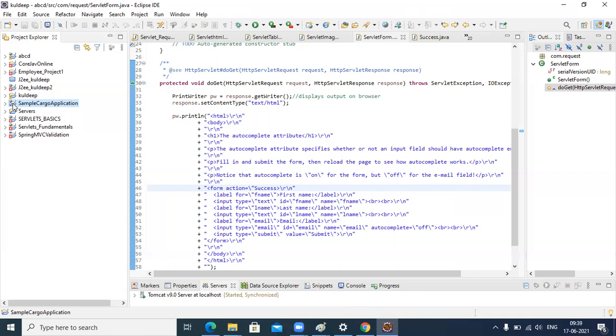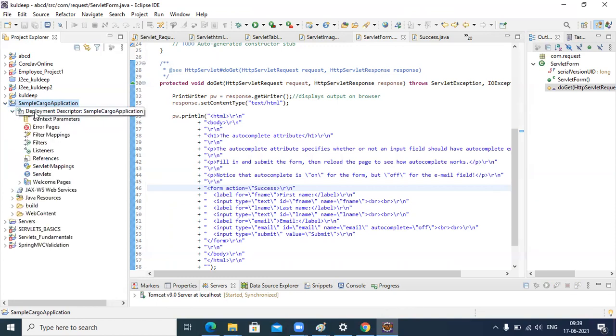You can see the change here. You will get a browser symbol, meaning that it is a web application. And this is the directory structure, deployment descriptor. If you see the deployment descriptor, you will have all these things, meaning you can configure all these things. Deployment descriptor means you configure all the settings, like context parameters, error pages, filters, listeners, references, servlet mapping, servlet. We are not going to discuss all these things. We are going to see servlets, because you should know what a servlet is and how we create JSP pages. So that is important. So we will see how to configure servlets.